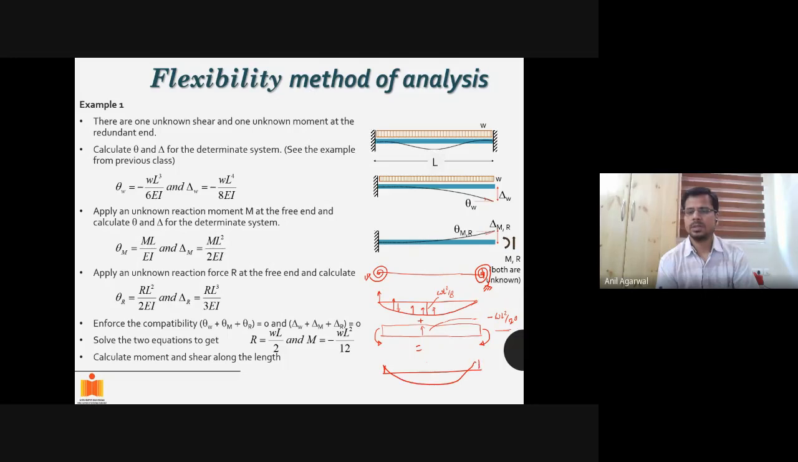So this time, if it is, let's say 20, this one will be 1 by 8 minus 1 by 20, whatever that turns out to be. WL square, of course. Okay, so this has a very important concept in